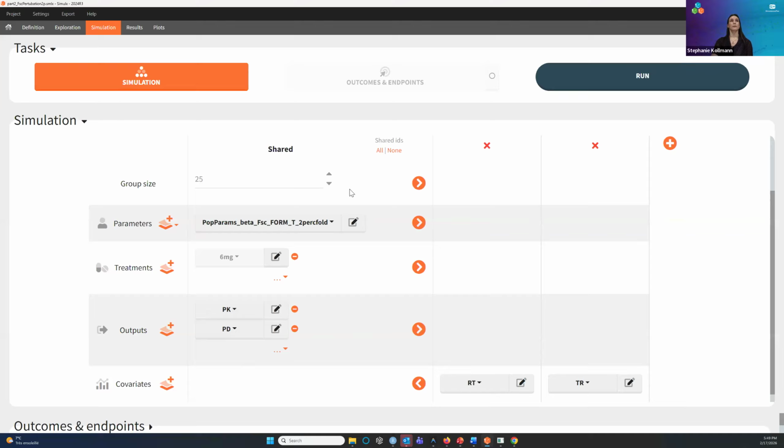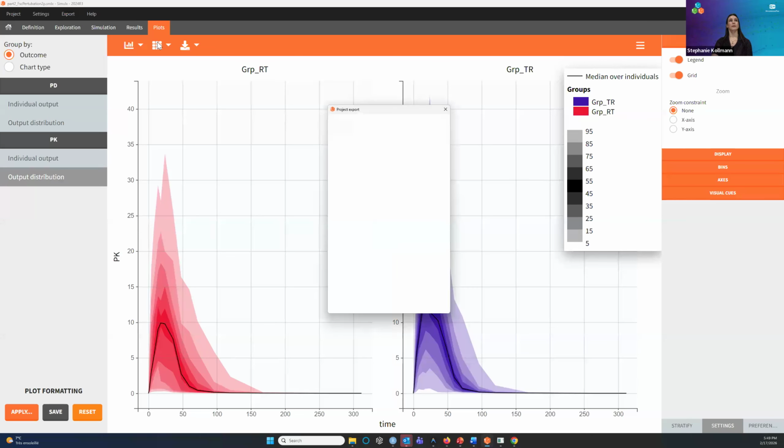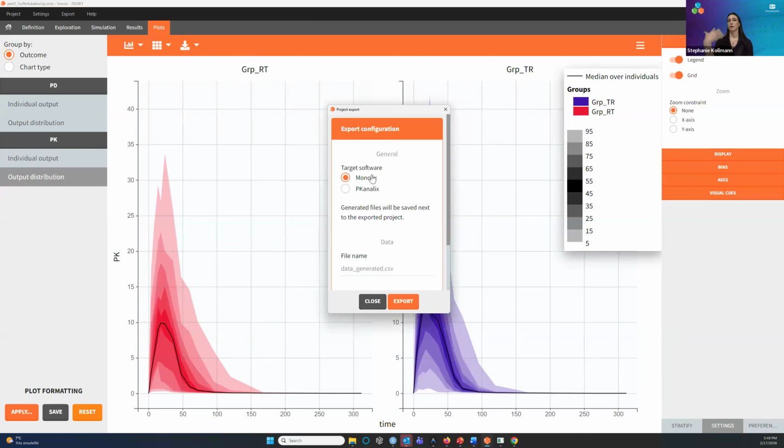Running this simulation scenario, I will obtain the simulation results, the simulated data, and some nice plots. Here, for instance, the output distribution plot. But what I want to do now is export the results of this specific scenario to PKanalix to then conduct my NCA and bioequivalence analysis. I've done that in